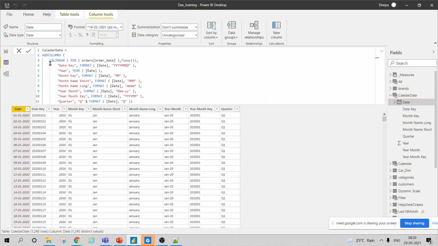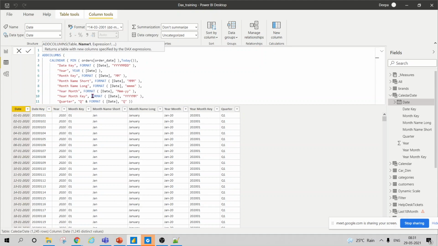Whenever I write a calendar function and give some date, it will always give me a table. You remember, the calendar function always returns a table. So the first thing required by add columns was a table. So I wrote calendar.